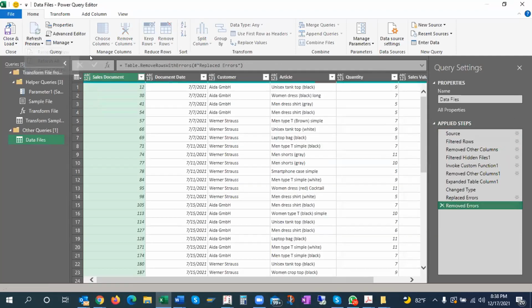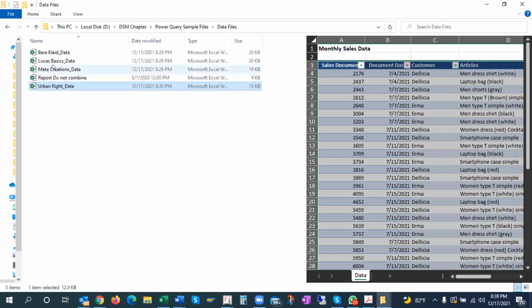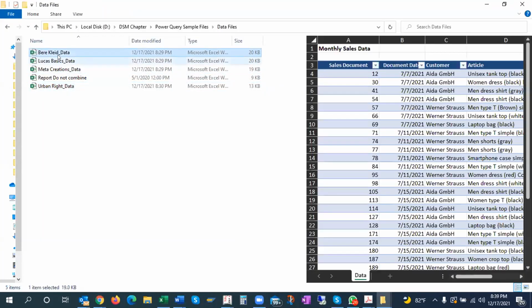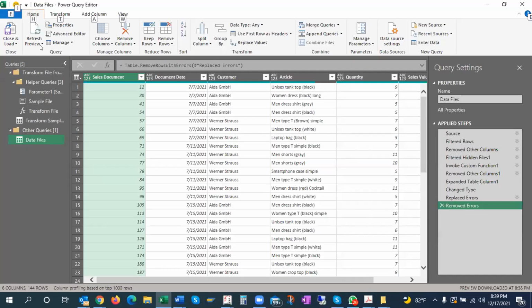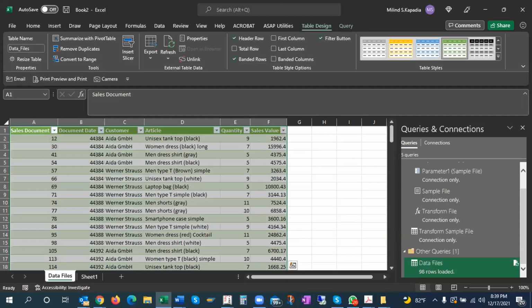Yeah, please. So I have combined from this. So just imagine, you can have so many different files. You can put as many files as you want. Suppose I'm copying this file again. So it has an underscore data. Yes. So it will appear now. So when I refresh here, or let me just say close and load, it is 98.